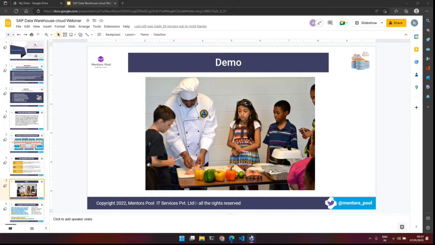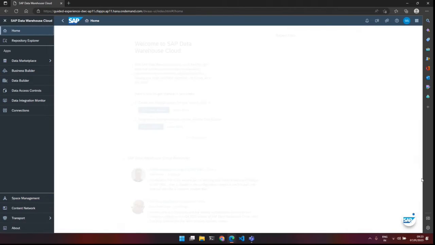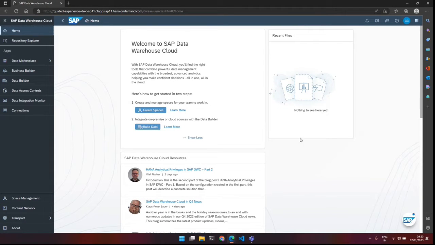Okay, now let's move on to the demo. This is how your Data Warehouse Cloud system will look. It has a web UI. It's a cloud solution, and there is no standalone UI. There are some tools that can connect to Data Warehouse Cloud, but this is the typical web UI that you will see. Once you have an account, you will log in,